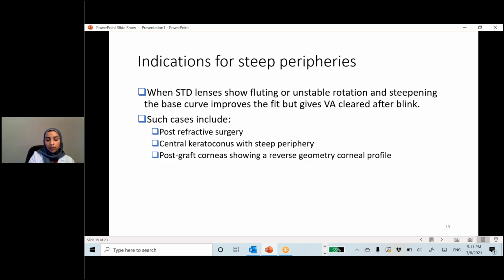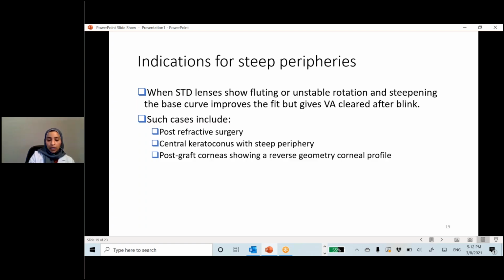But before I would actually go to my fitting set and try another lens, I still want to double check the vision. In this case I assess their vision based on the baseline that they can achieve with the over-refraction. This particular lens for this patient would provide a stable vision between the blinks. It's just the rest of the steps are not appropriate, and that is why we know that the 8.6 is the right base curve, but for some reason the fit is not appropriate, so we would have to try steeper